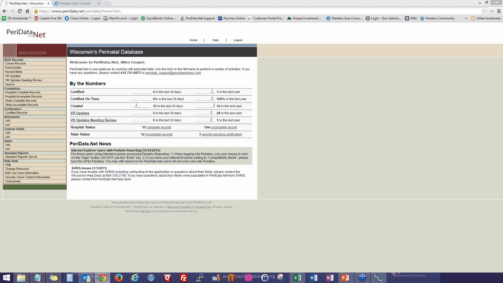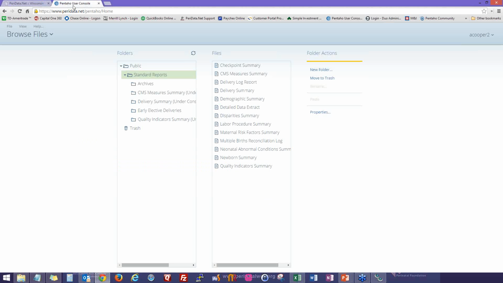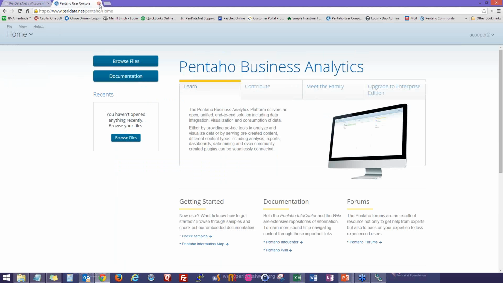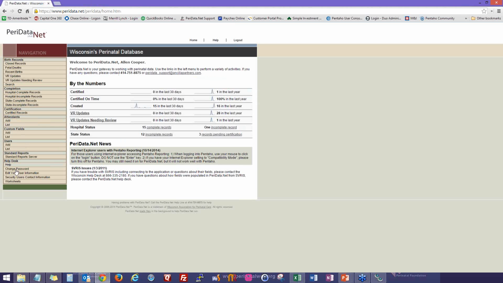We do have another question, and it is, can we please review one more time from the beginning? Now that you're on this page here, please review how to open the folders in Pentaho. Why don't you go back to just the part where you were logged in so they can even see from standard reports over to Pentaho? Can you do it from the beginning? Sure. So you're in PeriData, and then just on the left-hand side, you see Standard Report Server. You click on that link,